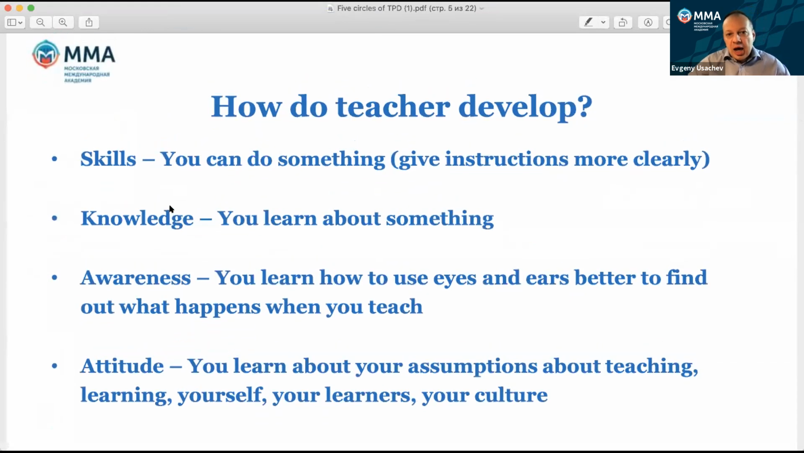And how we develop? Actually, it refers to 4 areas. We can develop our skills, say teaching skills, some other skills, right? And that's why we can give instructions more clearly. We have teaching skills to be developed. As well as knowledge, we can learn something new about methodology, new tools. So maybe some theories about